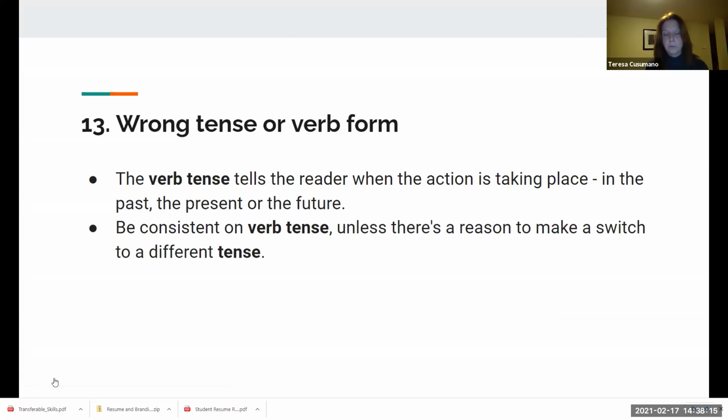Wrong tense or verb form. This is something that I think goes into the planning of your essay when you're writing. What tense are you writing in, right? The verb tense tells the reader when the action is taking place. So are you writing about something in the past, something that's presently happening, or something that will happen in the future? And you need to be consistent in your verb tenses throughout your essay because it can get very confusing